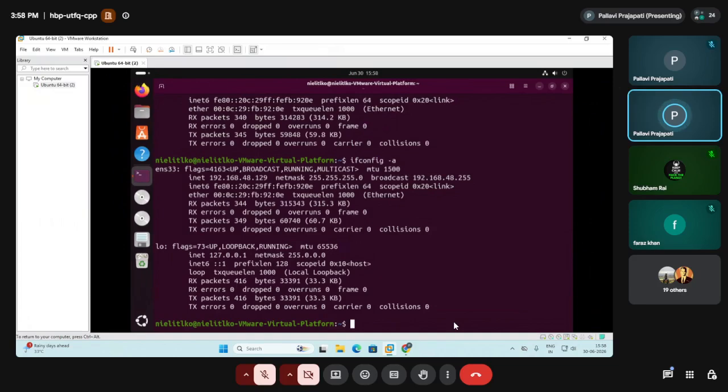Including the down ones. It's -a. It will show you the up ones and the down ones also. This -a, otherwise it only lists the active interfaces, but if there are some down ones, that means inactive, it will display those in the list also.